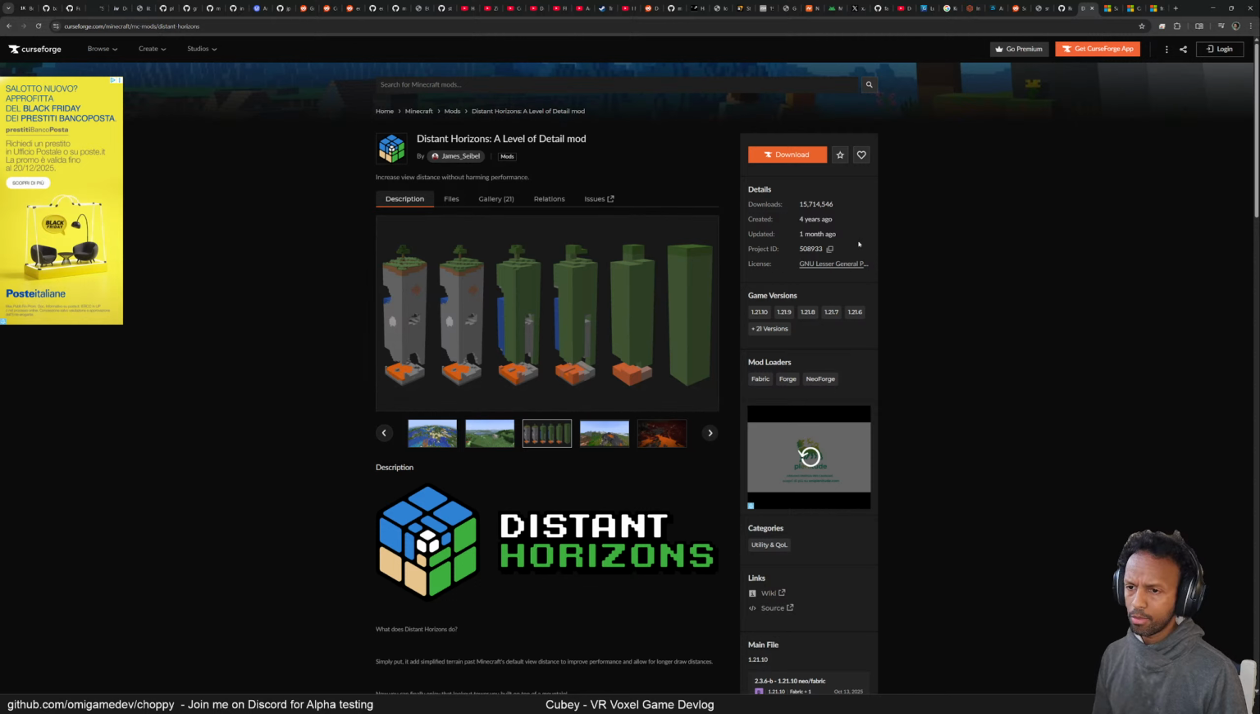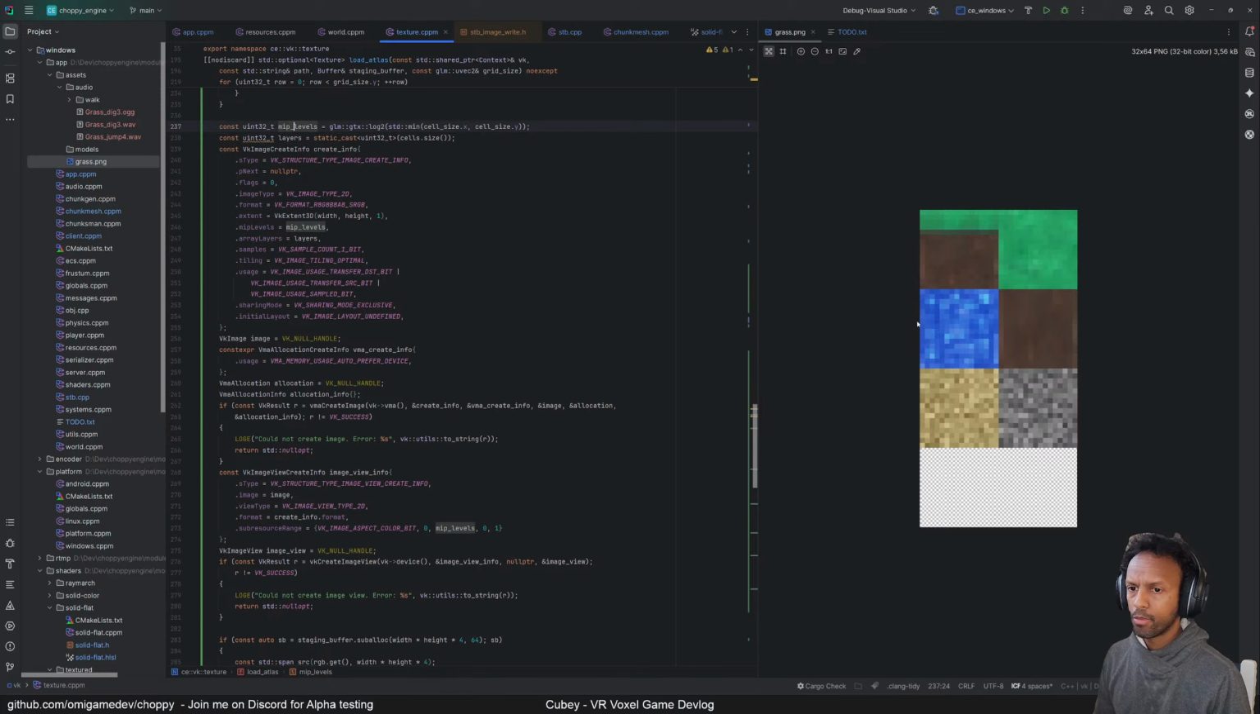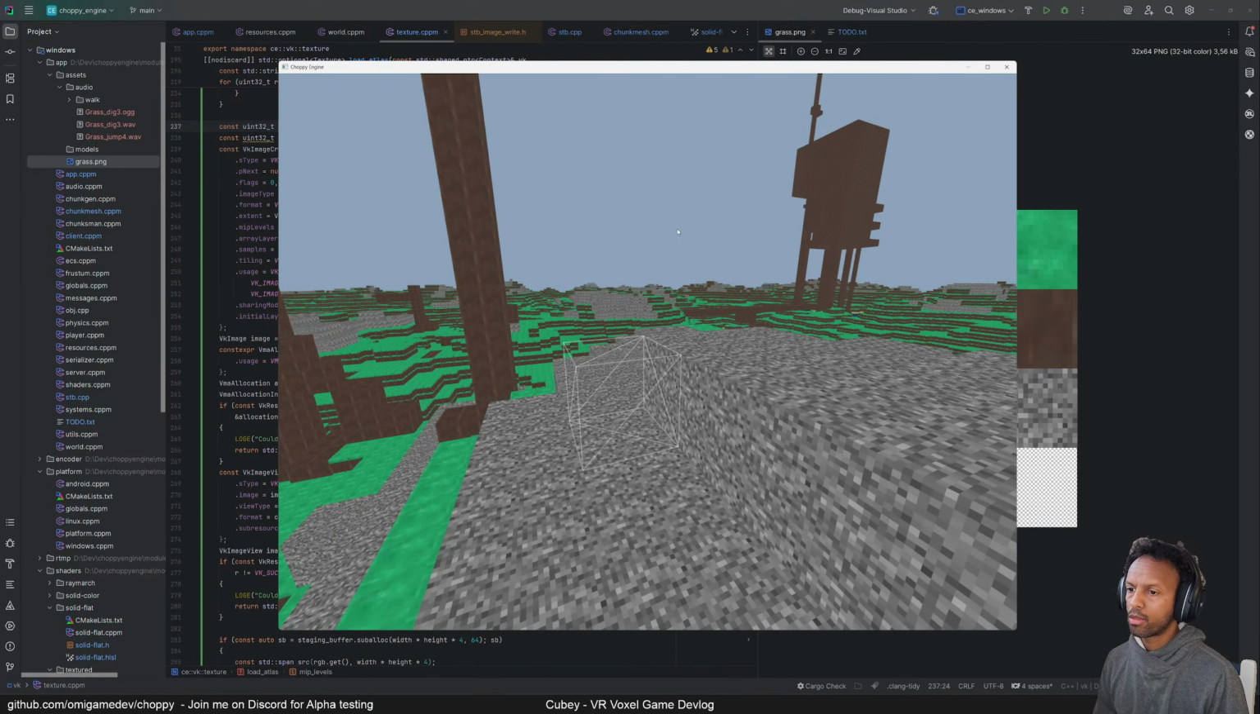So the seams are a bit of a nightmare. There are many reasons for having the seams, and first is the tile map. Tiles will always have seams unless you give them a little bit of padding, and that's due to interpolation. And another problem is also